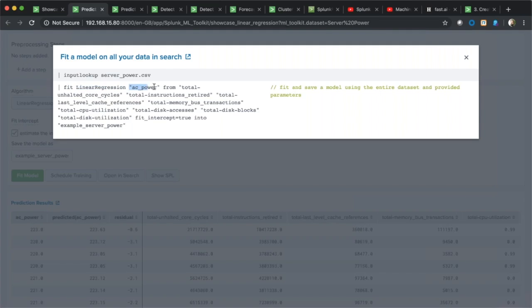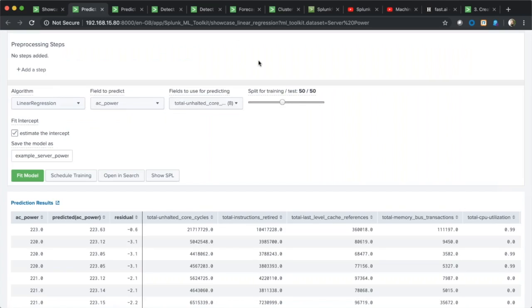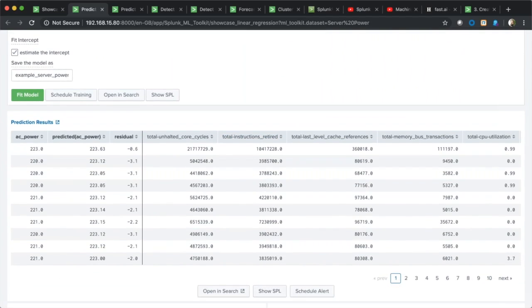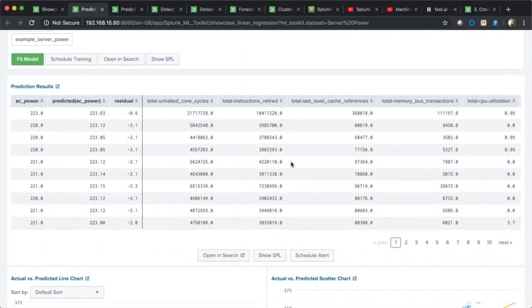We want to fit it to predict this field, the AC power field, from these fields. And when you compare how simple that is to the Python TensorFlow example we had in the slides a few minutes ago, you'll see that machine learning toolkit really does make things a lot easier and much quicker to get into your operational environments. So here are the results,